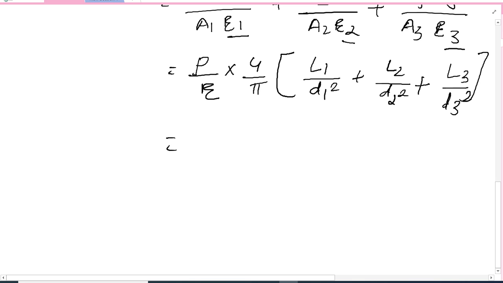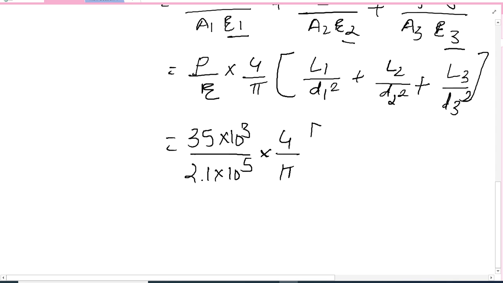So we know that P is 35 kilonewton and E is given as 2.1 into 10 raised to 5 megapascal multiplied by 4 by pi. L1 is 200 over d1 square, that means 20 square, plus